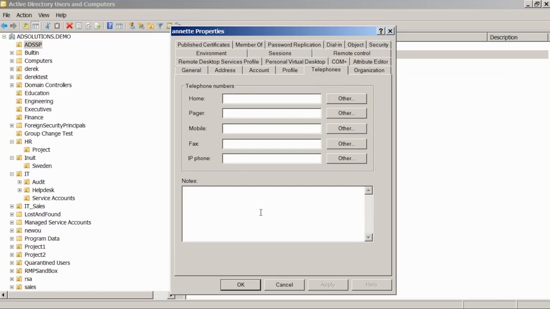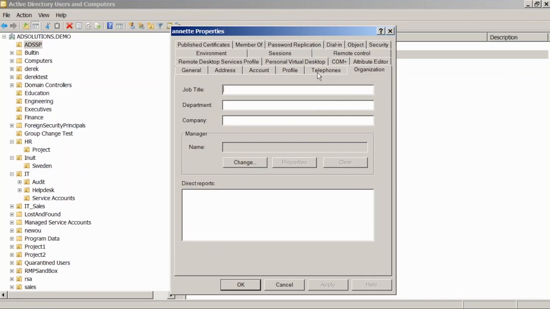I mean, we have address information, we have telephone information, we have organization, what their job title is, and many times administrators of Active Directory or even other applications on the network want to take advantage of this information because we want to do LDAP queries against the Active Directory database. But we all know the problem with that. If the information isn't filled out, then it's going to return nothing or it won't return that user. So we want to make sure that this information is filled out.